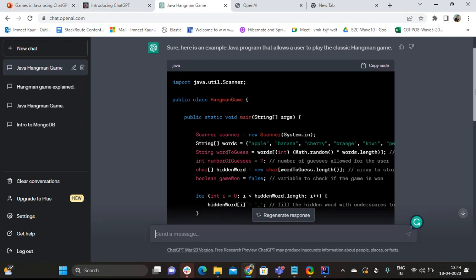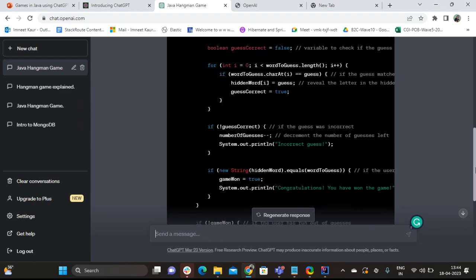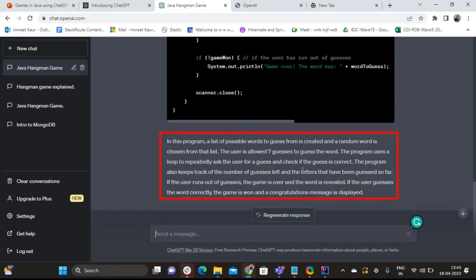We will do it. Along with this, if you go down, you will find the summary of what is happening in the above code. As you can see, in this program, a list of possible words to guess from is created and a random word is chosen from that list, and the user is allowed 7 guesses to guess the word. So the whole description of what is happening in the above program is also given by ChatGPT. Now let us copy this code